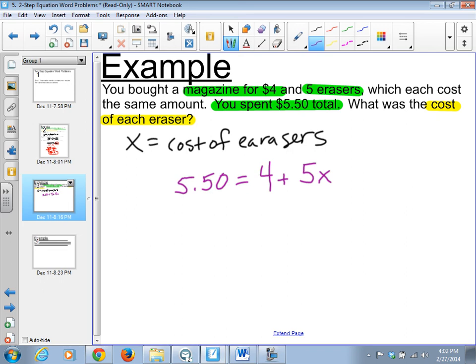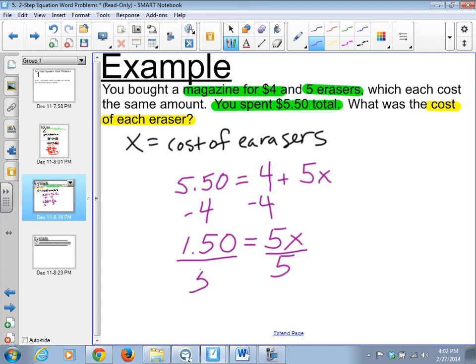Now let's work backwards. We want to isolate 5x. So we're going to subtract 4, because we know we didn't spend that on the erasers. We'll be left with $1.50. I spent $1.50 on 5 erasers. Now I want to figure out how much each of them costs. So I'm going to divide both sides by 5. $1.50 divided by 5 should be equal to,